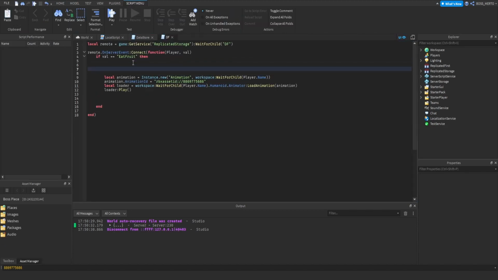What we have to do now is, loader playing, wait, does this even work? Is this even a thing? Wait. Never mind, we can just do it this way. So loader stopped connect function. There we go. And then we are going to remove the tool and all of that stuff. But before we do that,